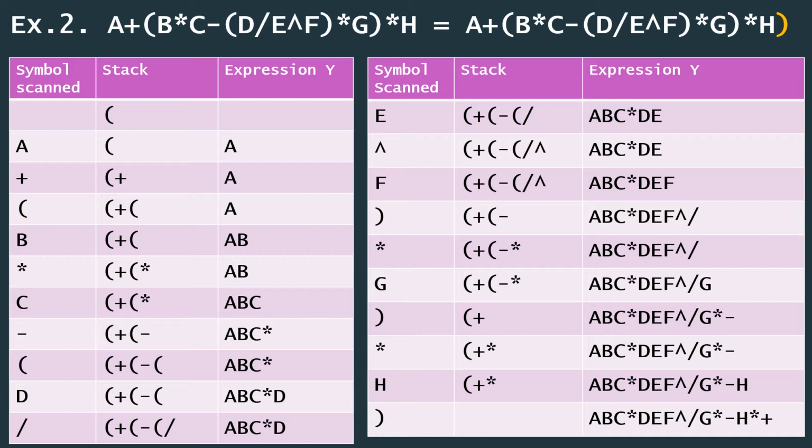So into is operator, so that will be placed in the stack. Now H is one operand which will go to the expression part, and then right parenthesis. Here right parenthesis will come, means the operators will be popped from the stack one by one, and that will be added to the expression part, and left parenthesis will be removed. Then you can see the postfix expression becomes A, B, C into D, E, F exponentiation, division, G multiplication, minus H multiplication, plus. So this is how you can solve all the problems like this.